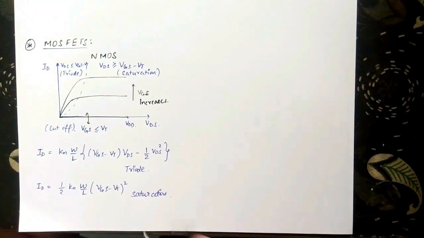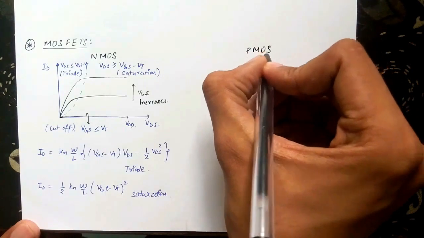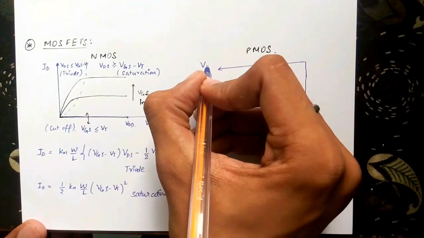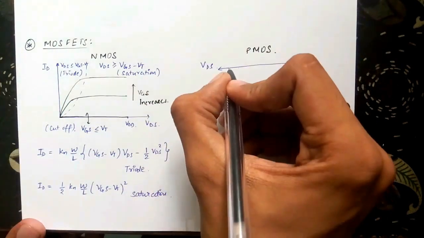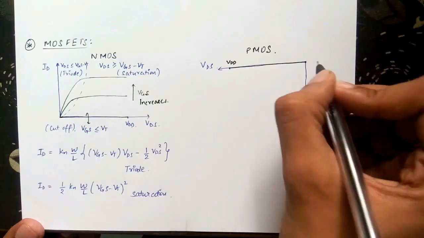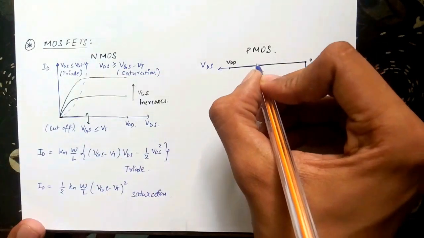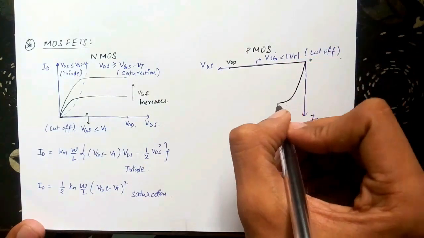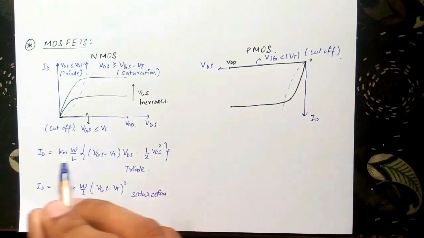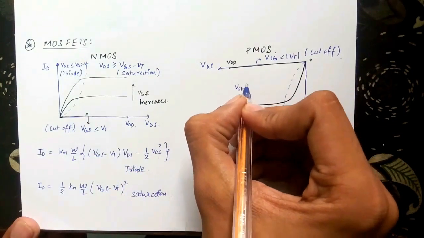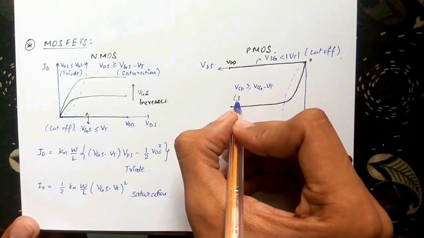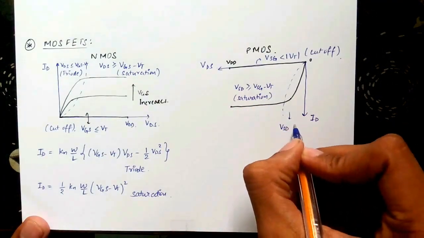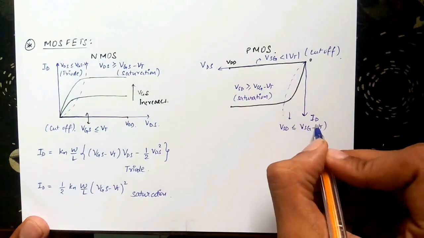Similar is the case of PMOS transistor with slight changes in its equation. For VSG less than or equal to VT, transistor is in cutoff. Note that the voltage was gate to source voltage for NMOS and it is source to gate voltage for PMOS. Now increasing the VSG voltage above VT leads to the following graph. When source to drain voltage is less than source to gate voltage minus VT, the PMOS is working in triode region. But when VSD is greater than VSG minus VT, it is working in saturation region.